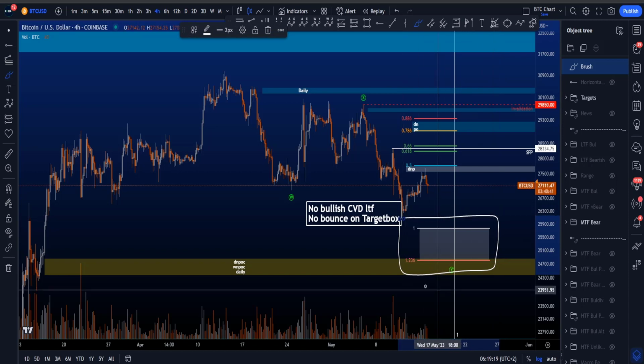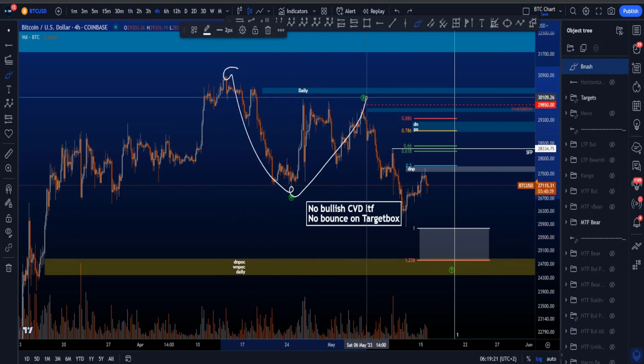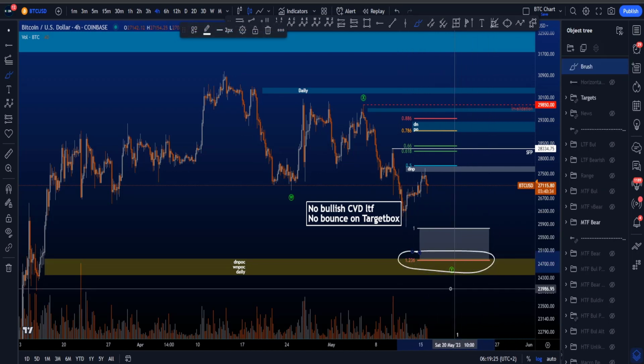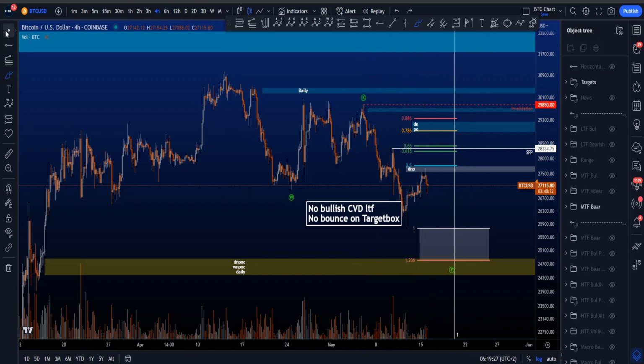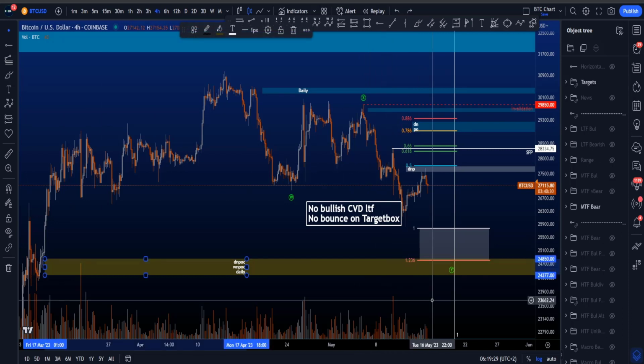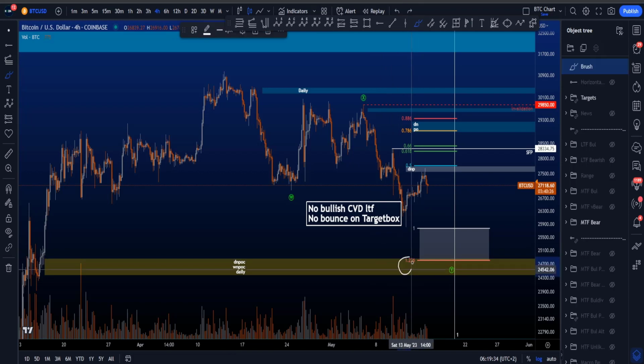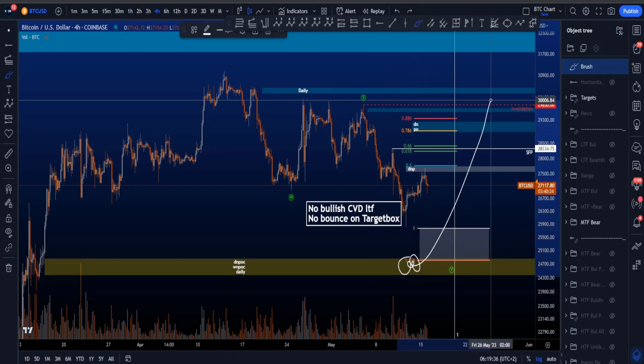1 and the 1.236, pulled from the high over here to the low of W to the high of wave X, where you can see that the 1.236 has very nice confluence with the yellow target box, which is sitting between 24,850 and 24.3k, with some very interesting confluences in this area for then potentially a bounce for higher prices